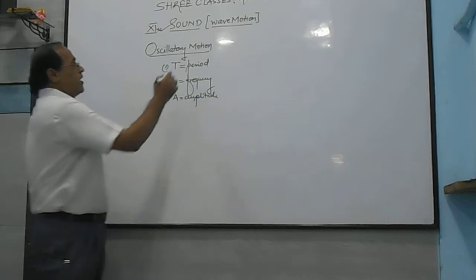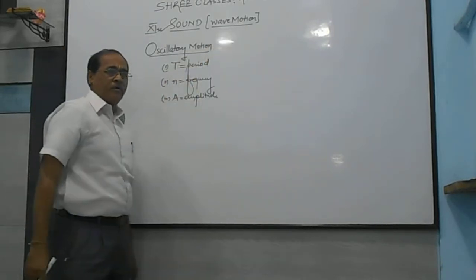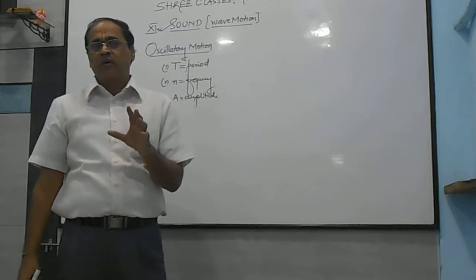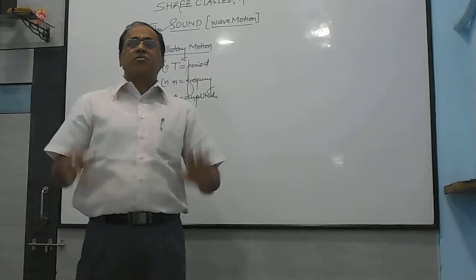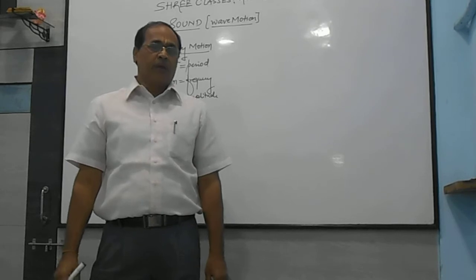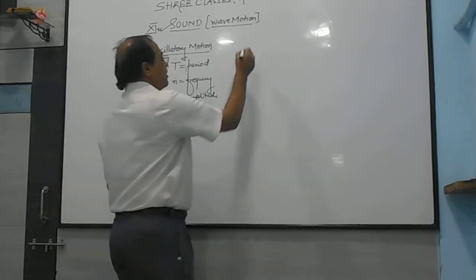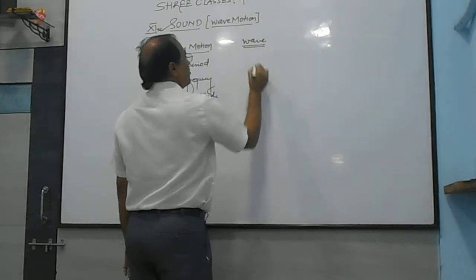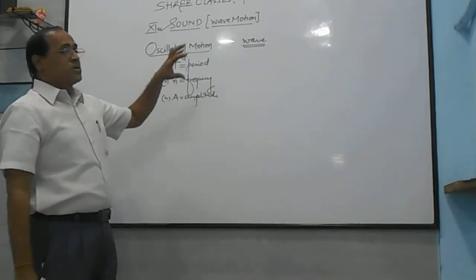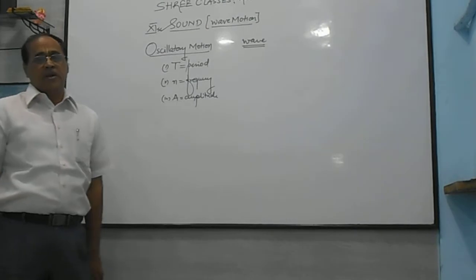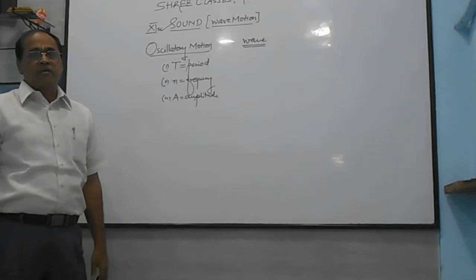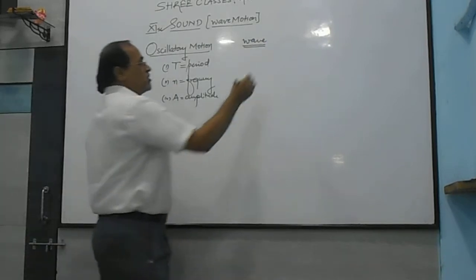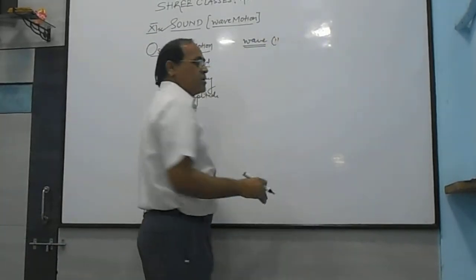Now let us proceed to define what is wave motion. Typically, in short, the wave motion is the oscillatory disturbance produced in a medium. Therefore, wave motion is simply oscillatory disturbance produced in the medium. We come across number of examples. First, suppose in a still pond,